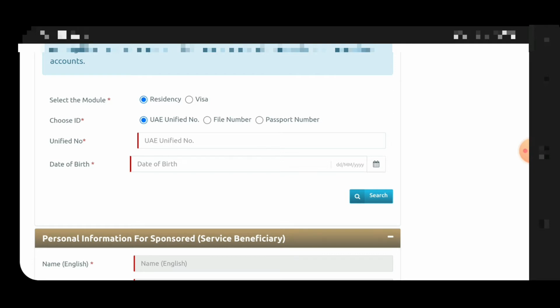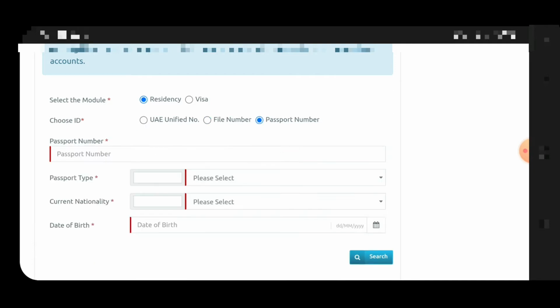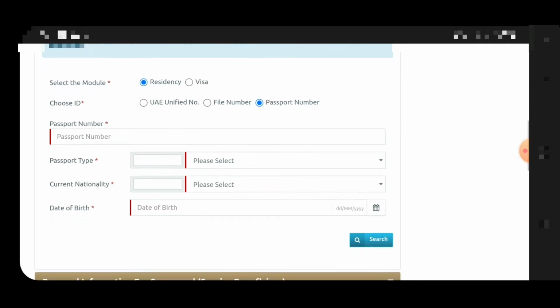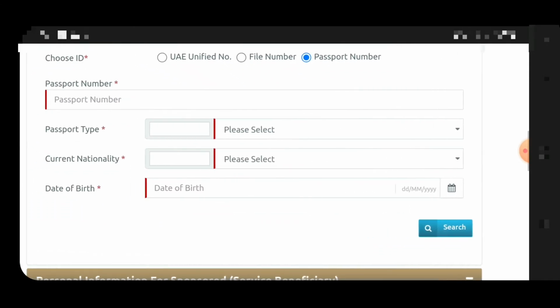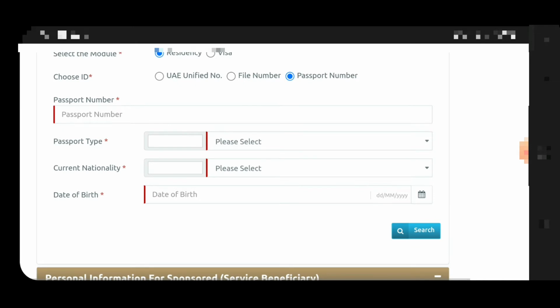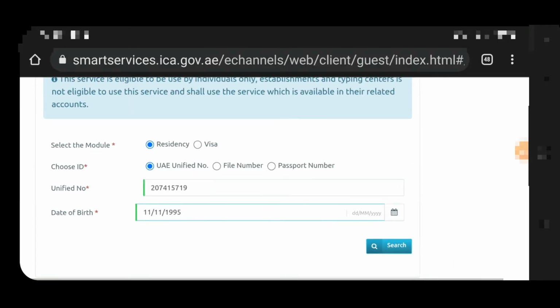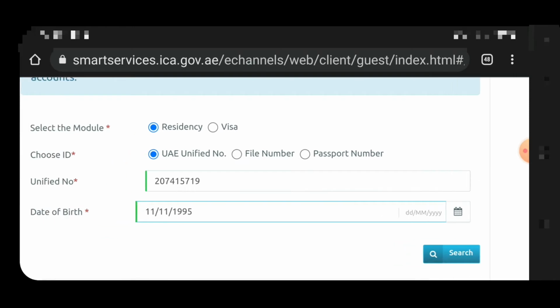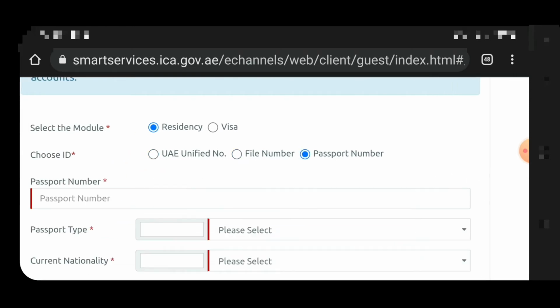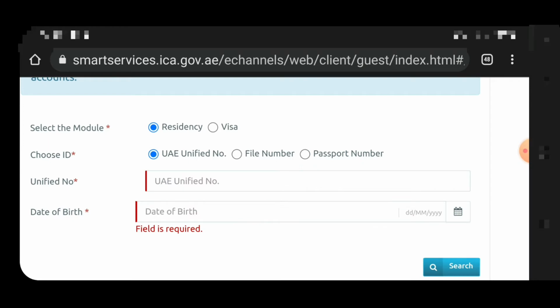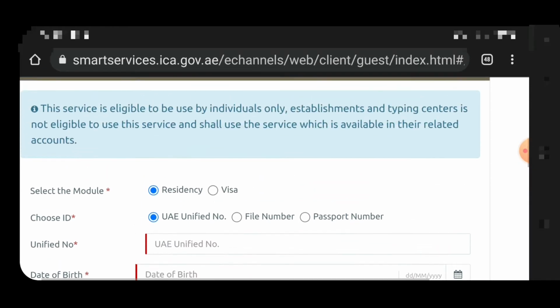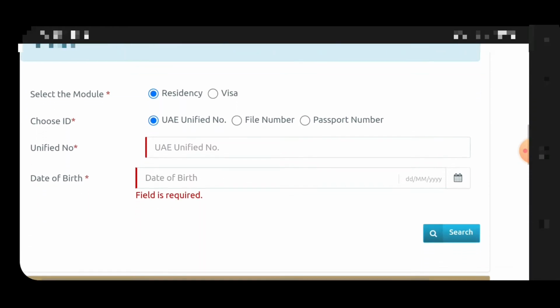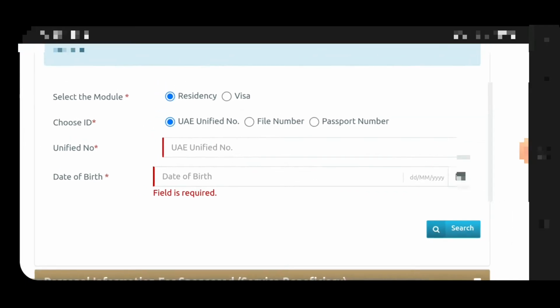And if you want to check by the file number or the passport number, I showed all this in my previous videos. The file validity you can learn from there. So viewers, I am going to check by the UAE unified number. You can check by the file number also, and by the passport number also. So I am going to check for the residency. I have one of the unified numbers. Let's start.